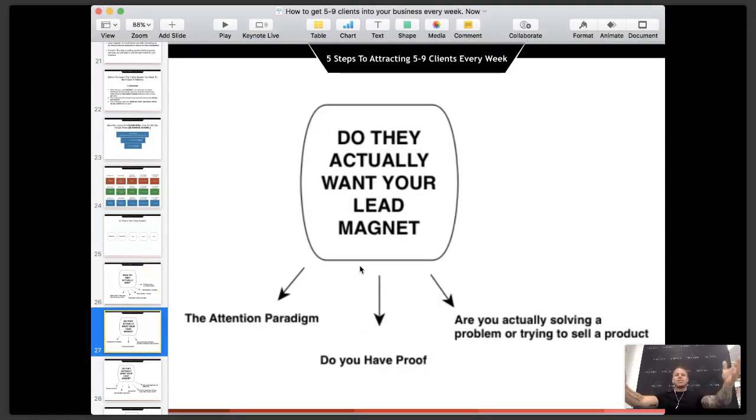Then we go into this, the attention paradigm. So crucial. Our marketing must have this attention paradigm. So you must be passionate about what you do. And I think, when I talk today, you're going to go, oh, that guy's really passionate. And some people will be turned off by that, but you polarize the marketplace. You must be passionate about what you do.